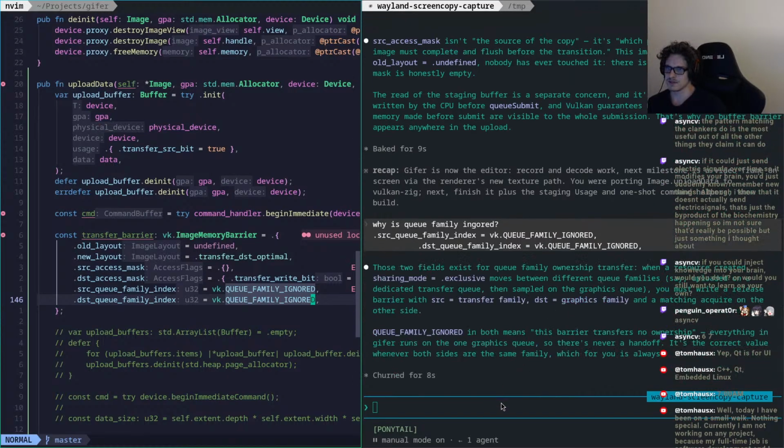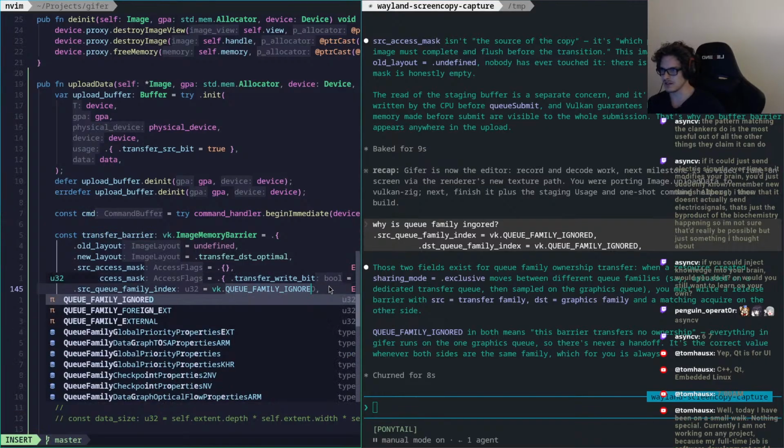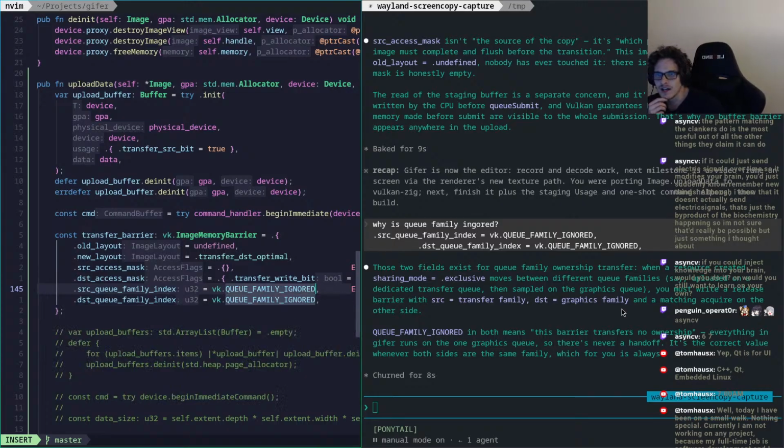Those two fields exist for queue family ownership transfer. When a resource created with sharing mode exclusive moves between different queue families. Okay. So you upload on a dedicated transfer queue, then sample on the graphics queue. You must write a release barrier with source transfer family, destination graphics family. But they just say the options. Okay, the index, so you can provide. And the matching acquire on the other side. Queue family ignored in both means this barrier transfers no ownership. Everything in here runs on the graphics queue. Okay, so